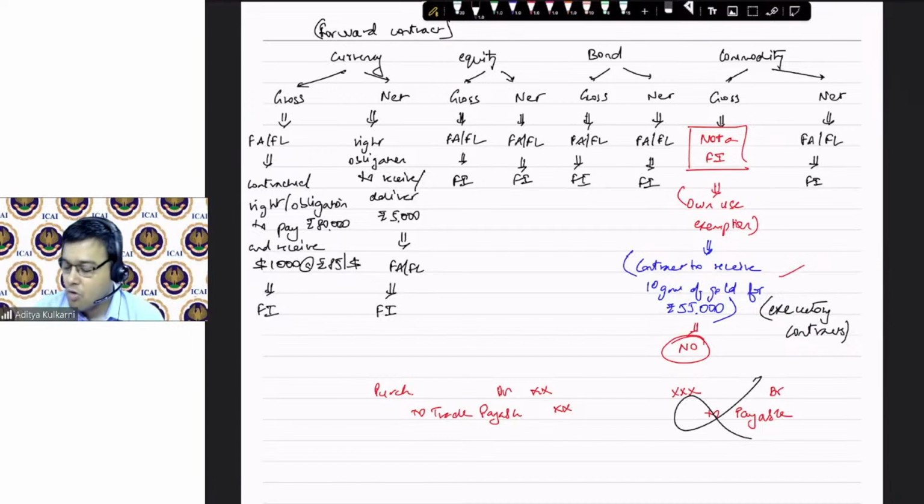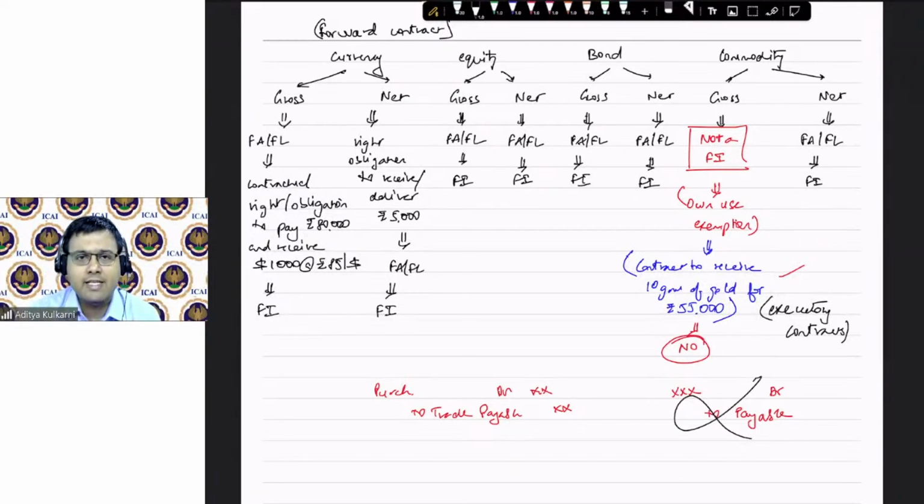Yes. For own use contract, we have to see whether one of the parties executed. If either of them has not executed, it is not a financial instrument. No. One of them executes. See, both executed means what? Then the contract is honored. You buy, you get the gold and you pay the obligation. Then there is no obligation on your head. You are having the gold in your hand. Tanish got the cash. Now there is no contractual obligation.